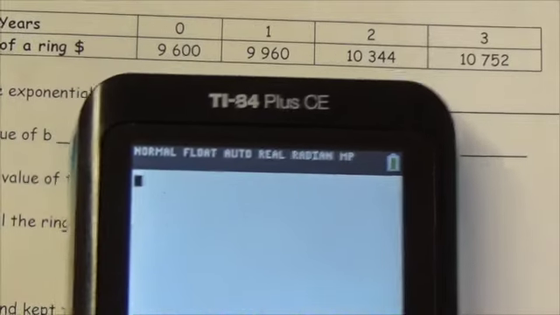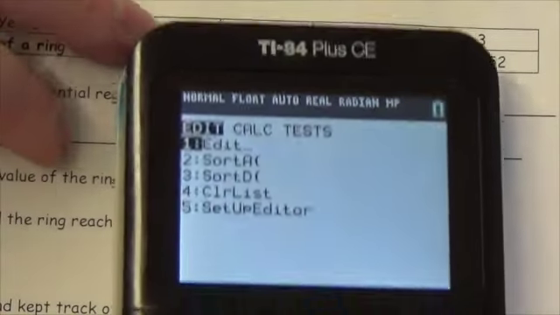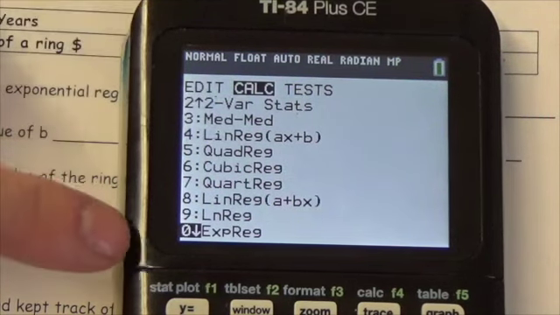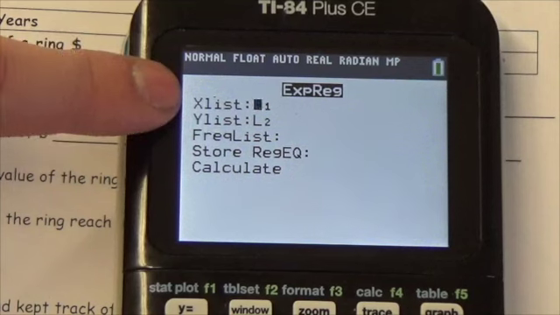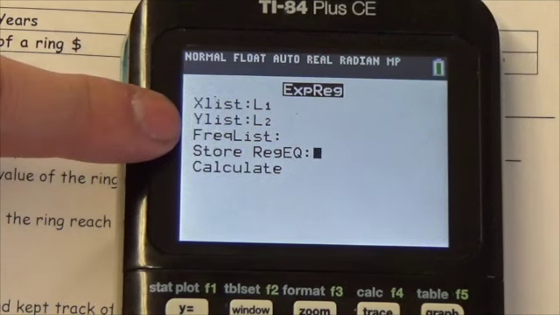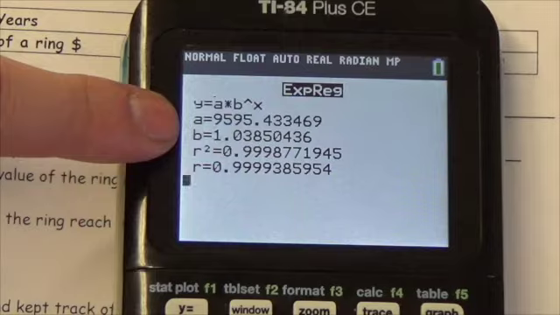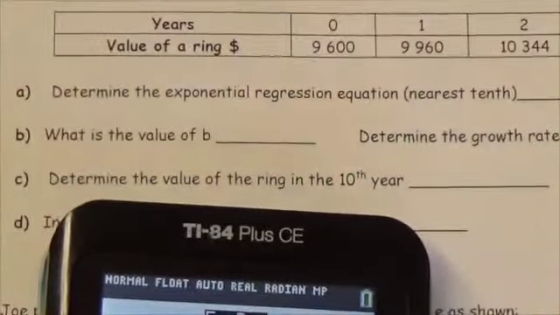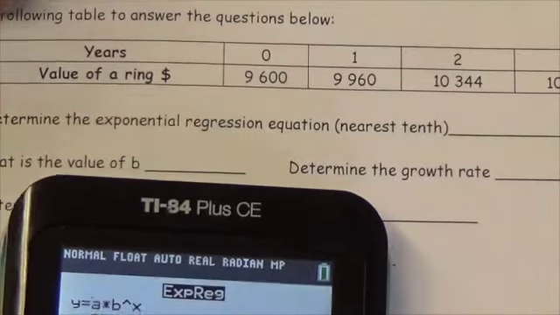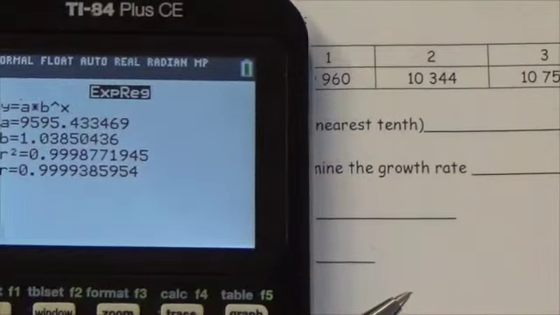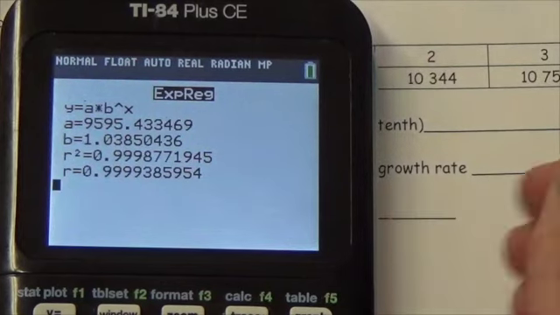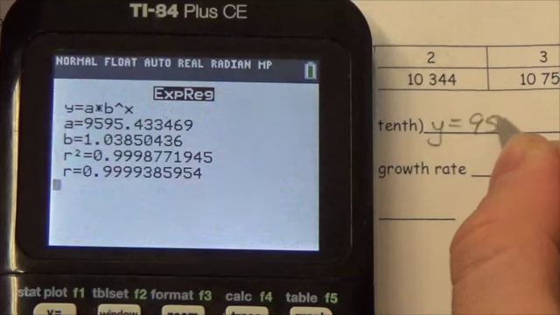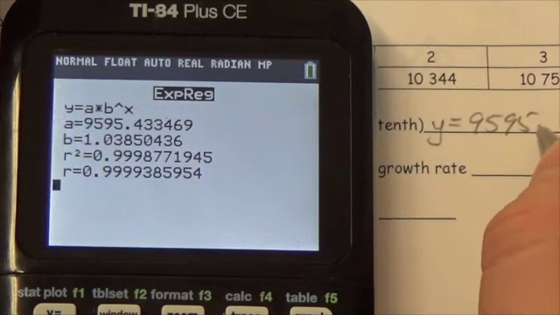We're going to get out of there, press Stat, over to Calc to do the regression, and again we're going down to Exponential Regression. List 1, comma, list 2. Okay, so here we go. So we're being asked for the exponential regression equation to the nearest 10th. Okay, so let's see if we can pull this out here. So it's AB to the X, where A is 9595.4,